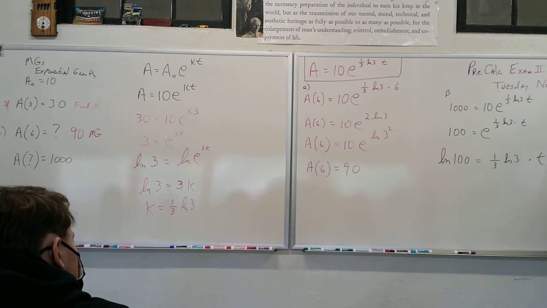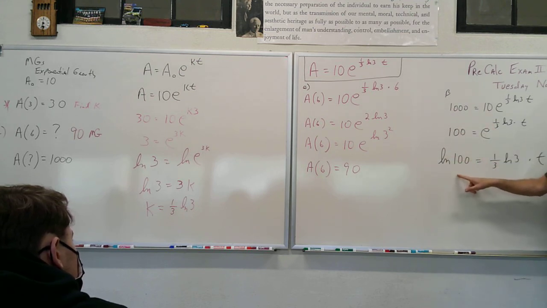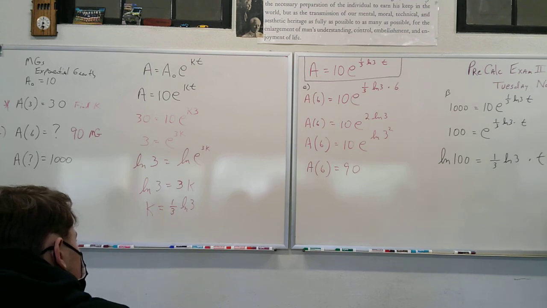Is that good? Okay. I need to put a natural log here so that I have natural log of e raised to all of that. If I have natural log of e raised to all of that, it reduces to just that. And then if I put a natural log on this side, I have to do what? Put a natural log on the other side. Now, if you want to, do you see how you have all